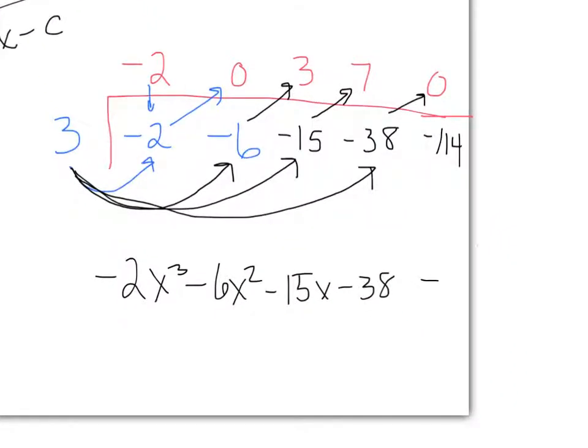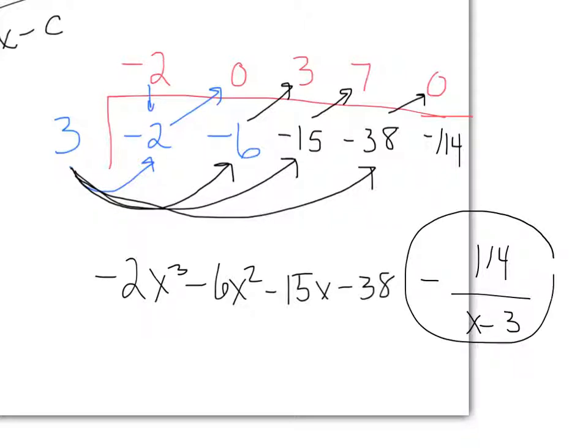So I'm going to write minus 114 over x minus 3. Remember, this is like my mixed number part right here. That's the mixed part of the mixed number, the fractional part. This is like having 3 and a half. The circle is like the half. Now,